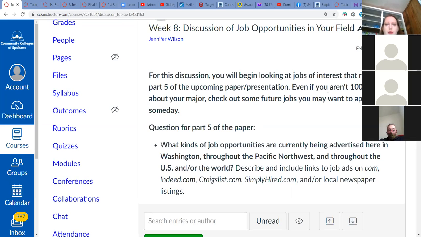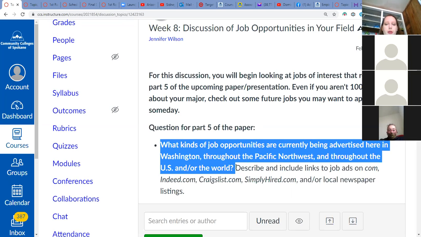Okay, so the next part of this is, what do I do? This is just asking you a general question. What kinds of job opportunities are offered? It says describe, right? But all you need is a paragraph. You're not going to be doing anything super hardcore and specific at this time. You can just throw out some general stuff at this point. So you really have no need to be trying to copy and paste much at all. You just want to talk about it, okay? For this part of the assignment, for your discussion, it does not ask you to cite the source, but eventually when we put it into an actual paper, you will. So how do I do that?